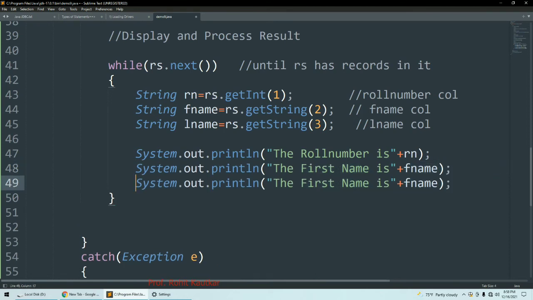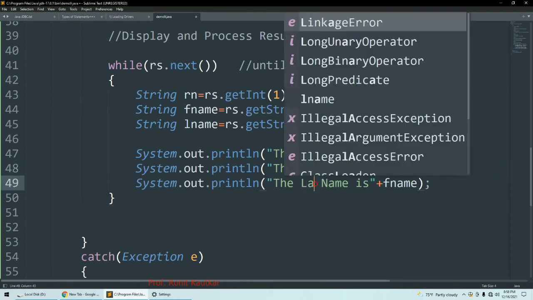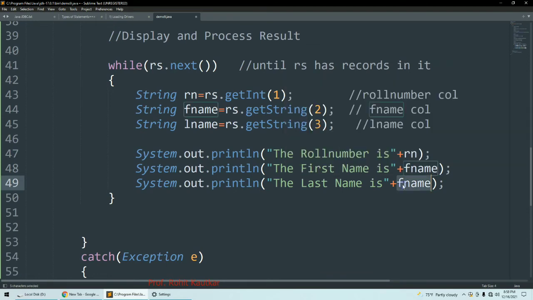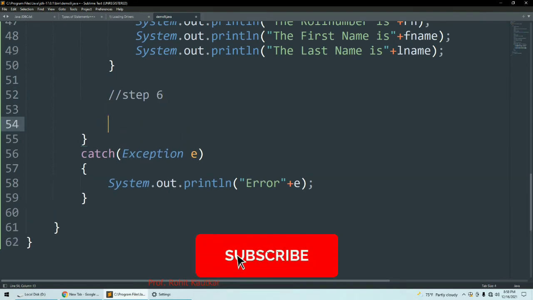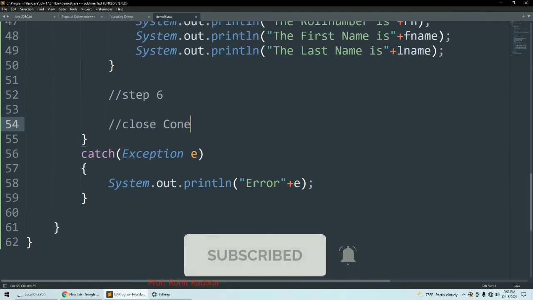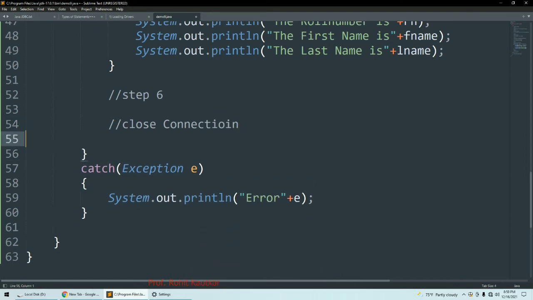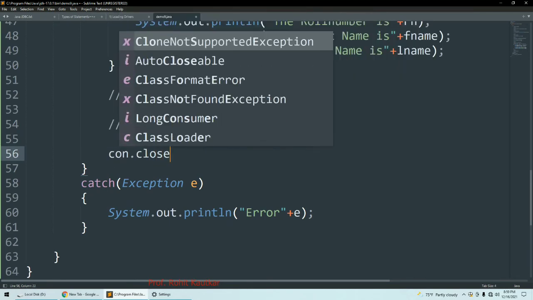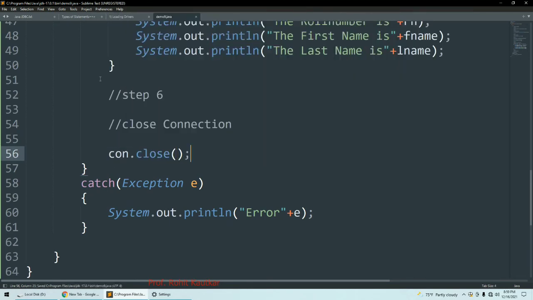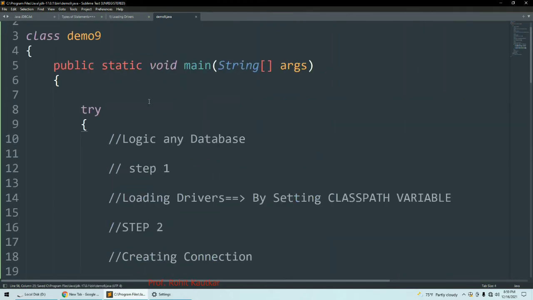Then I will duplicate this statement one more time, and here I will write "Last name is" lname. This is how we are going to print all our results. And at last, step number 6, that is close connection. For closing the connection I will write connection.close. This is how we have completed our program.